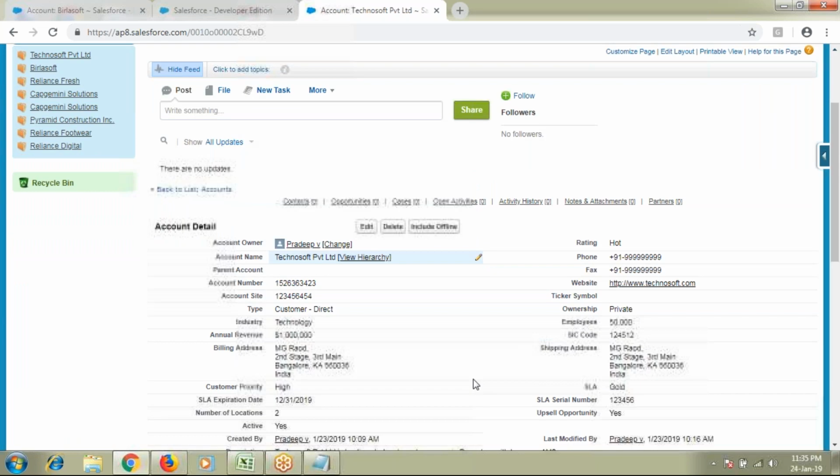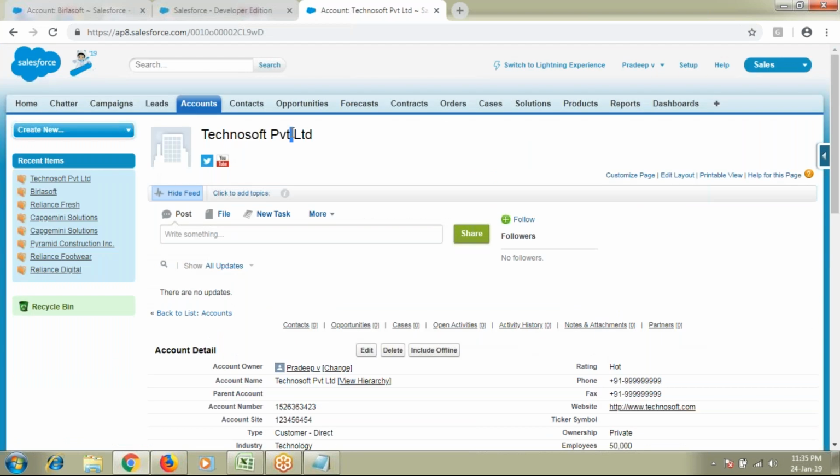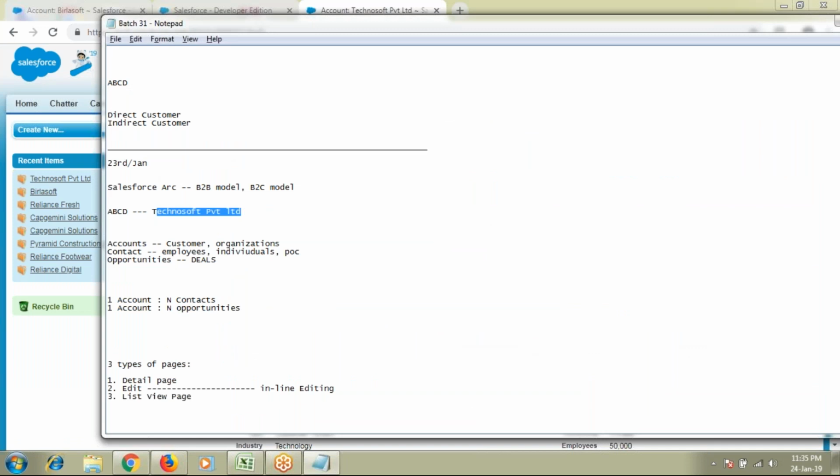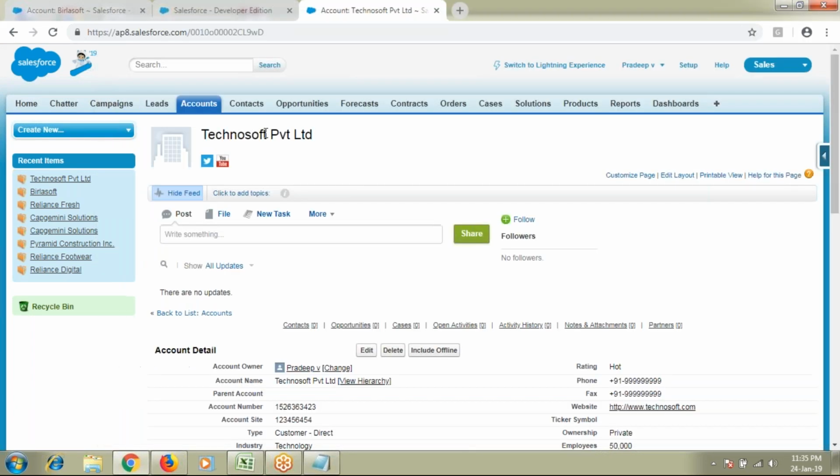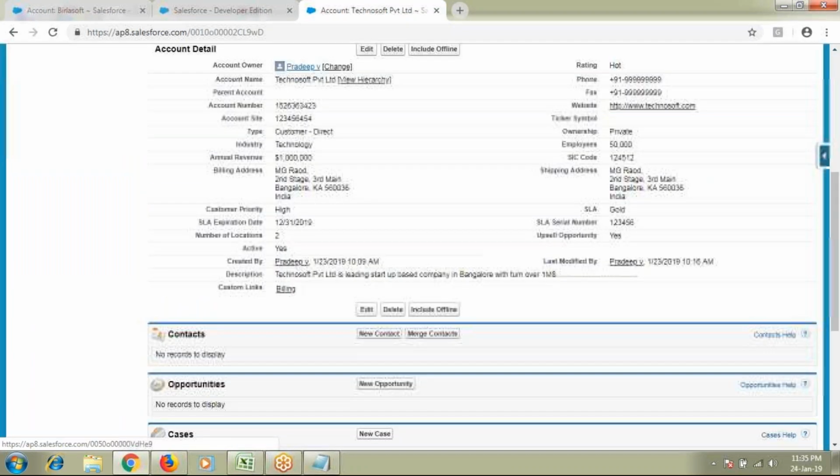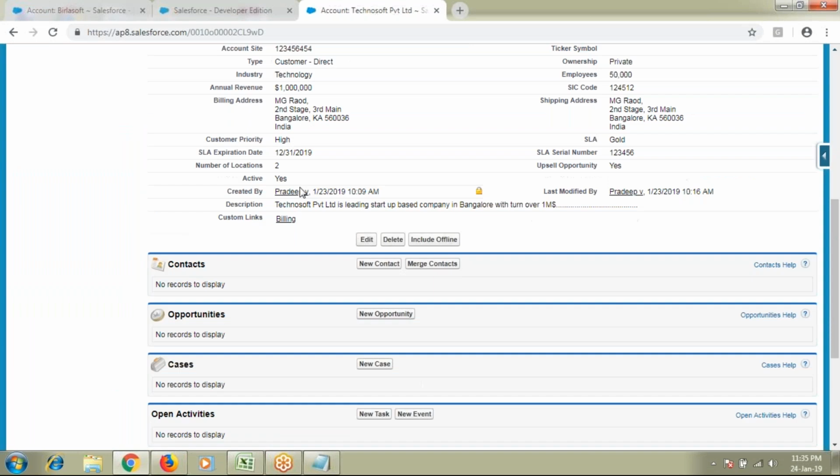Yesterday we have seen my company is ABCD and Technosoft Private Limited is my customer. So now under my customer, scroll a little down where you can see the contacts section. From this section, we can create n number of contacts and all those contacts will be linked to this Technosoft company.